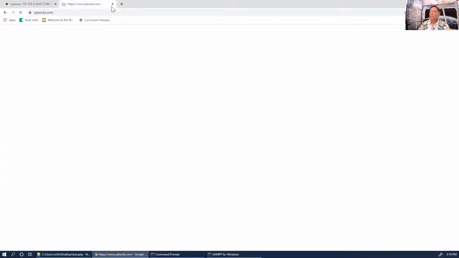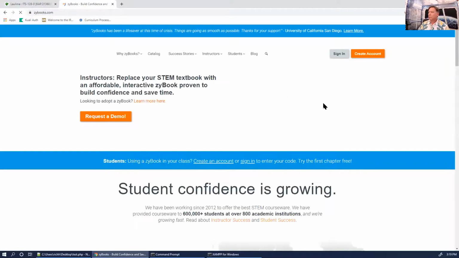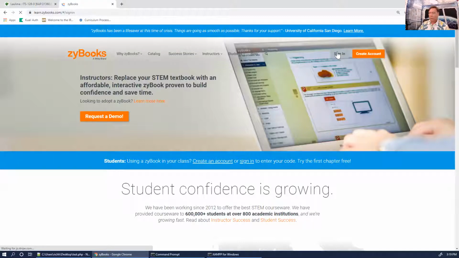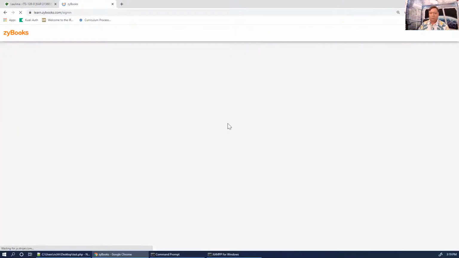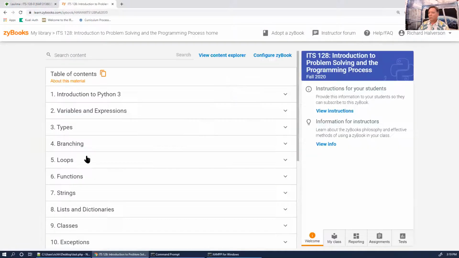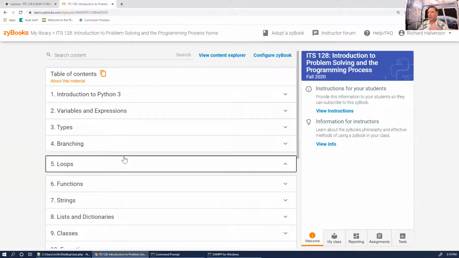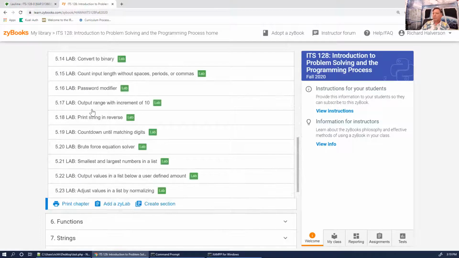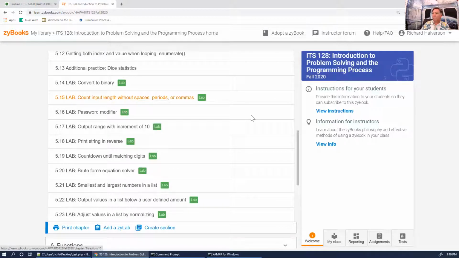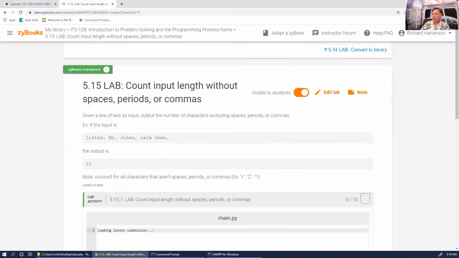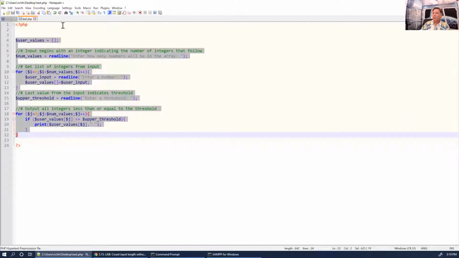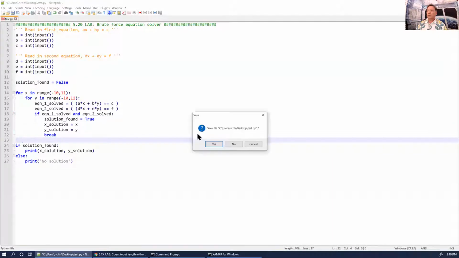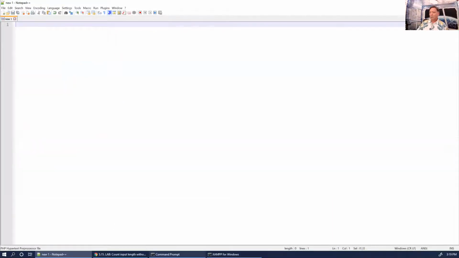ZyBooks. And we are in chapter 5, and we've done 14 and 16. Let's start with 15, right? Okay, what am I doing here? I want to clear this. Let me just get rid of these things. All right, so we have